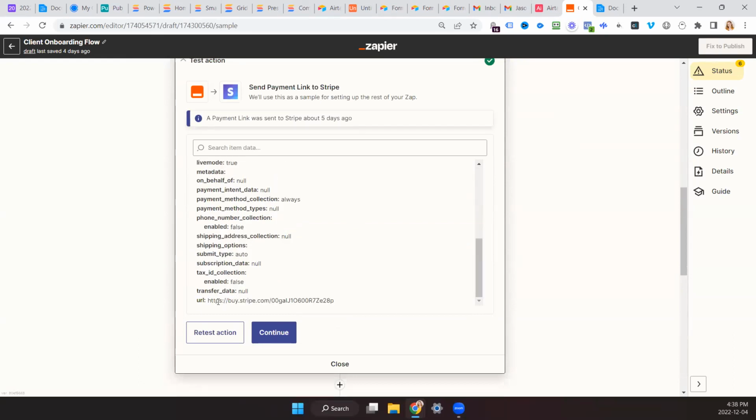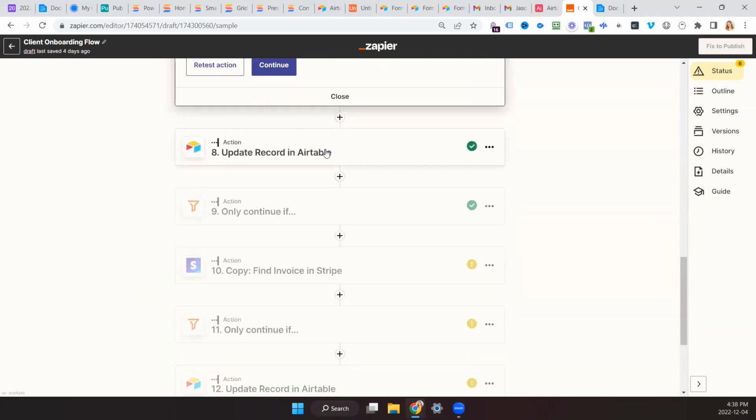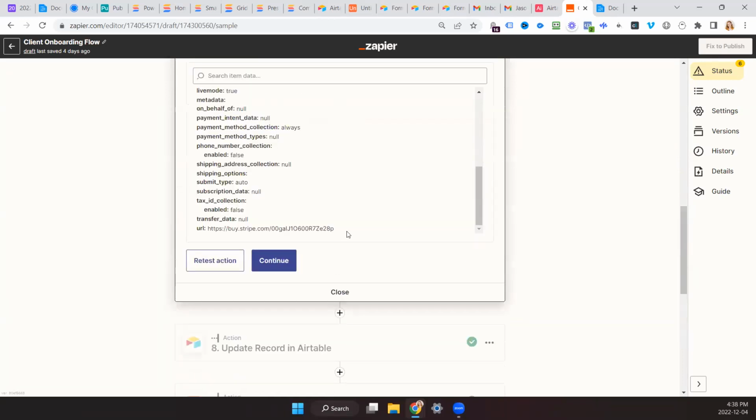And because I'm still in one flow, where the beginning of this journey started with Airtable, I can then update my Airtable to have this link. That way, that link can go back to Airtable. Then I can send an email to say, okay, I've prepared our contract and here's the link for you to pay. So all of this can be automated and you don't ever need to type out someone's contact information in Stripe ever again.